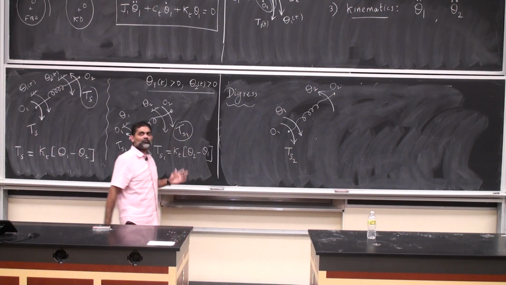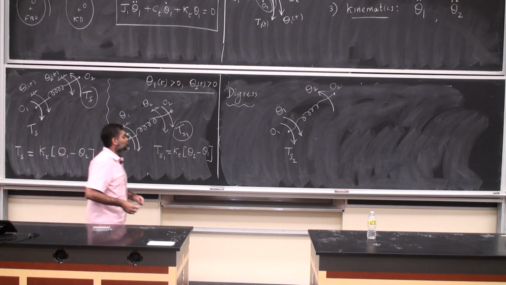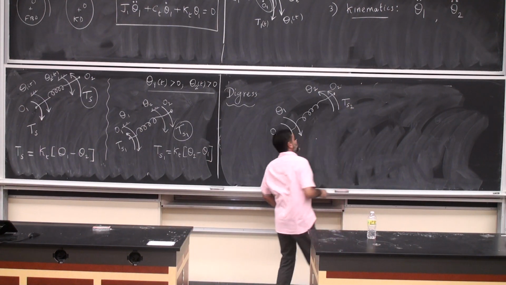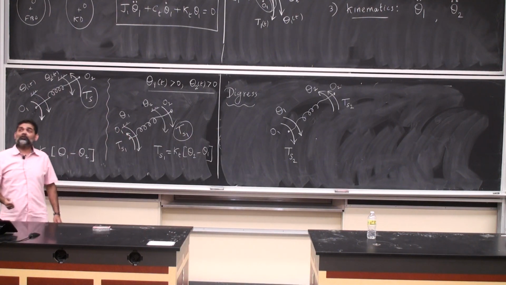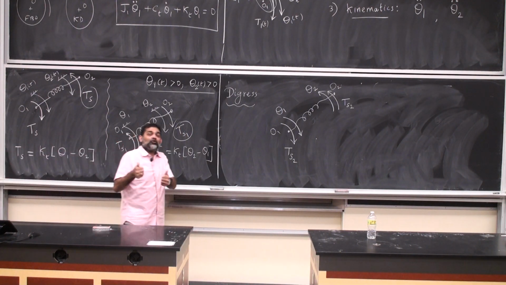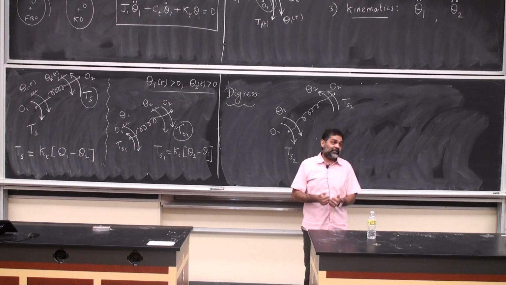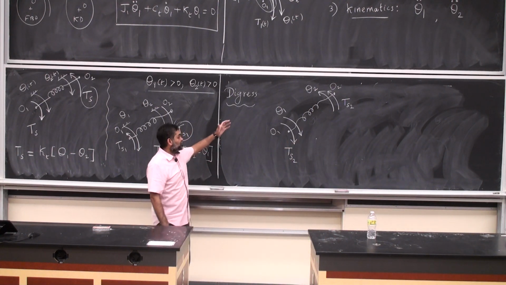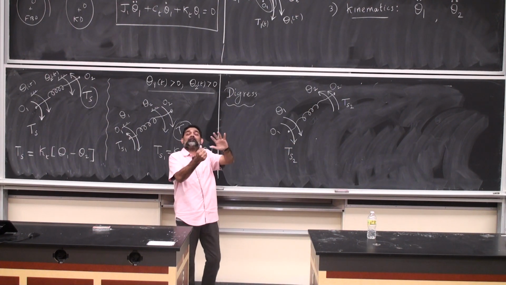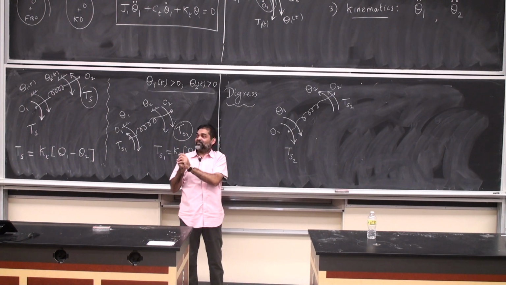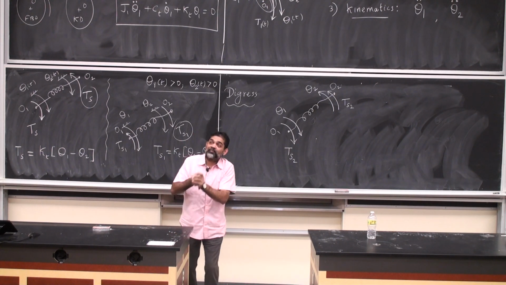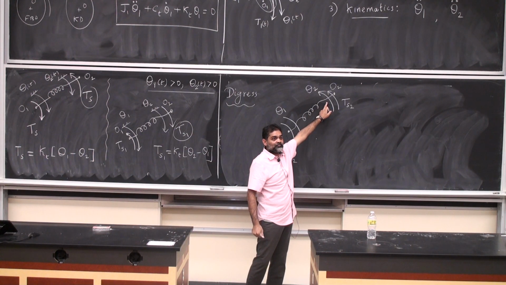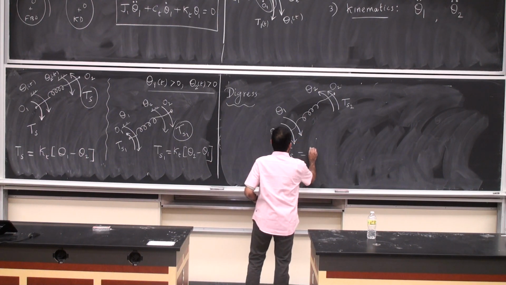Some TS2 or something, just to be different from the other ones. Then it has to be equal and opposite to what's going on the other side. So this automatically becomes TS2. But now you see what is going on is that theta 2 and theta 1 are not in the same sense. So theta 2 is not your friend. Which means that to rotate this end of the spring by theta 1, I have to overcome whatever else theta 2 is doing on that. Which means that the torque I have to apply is going to be much larger than if this end was connected to the wall. Which means that here TS2 is going to be